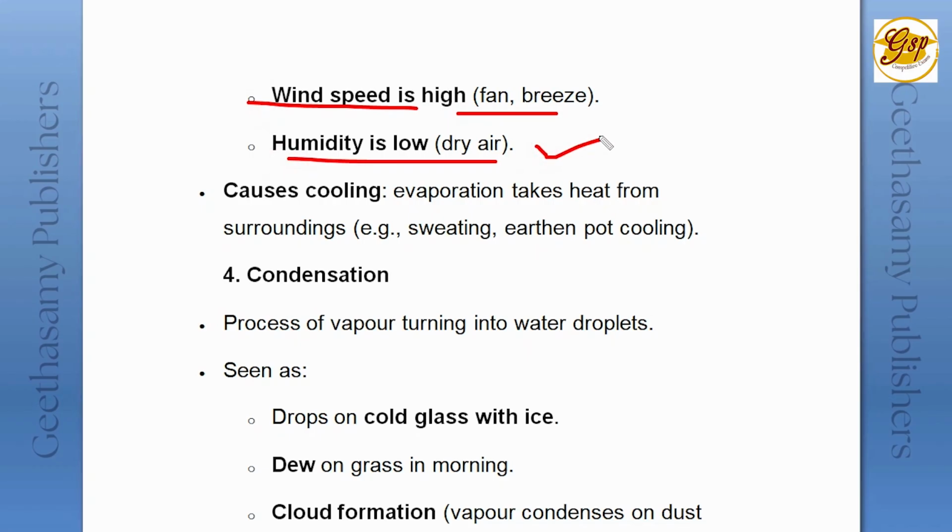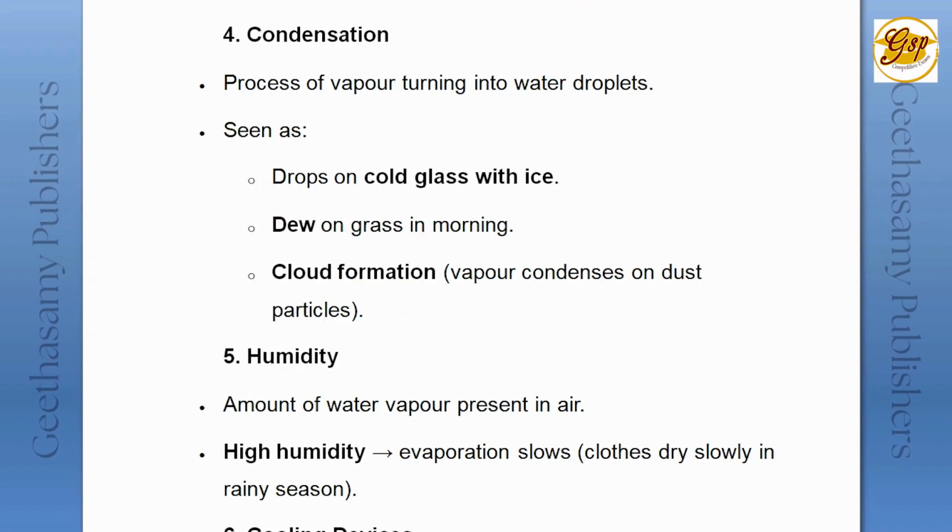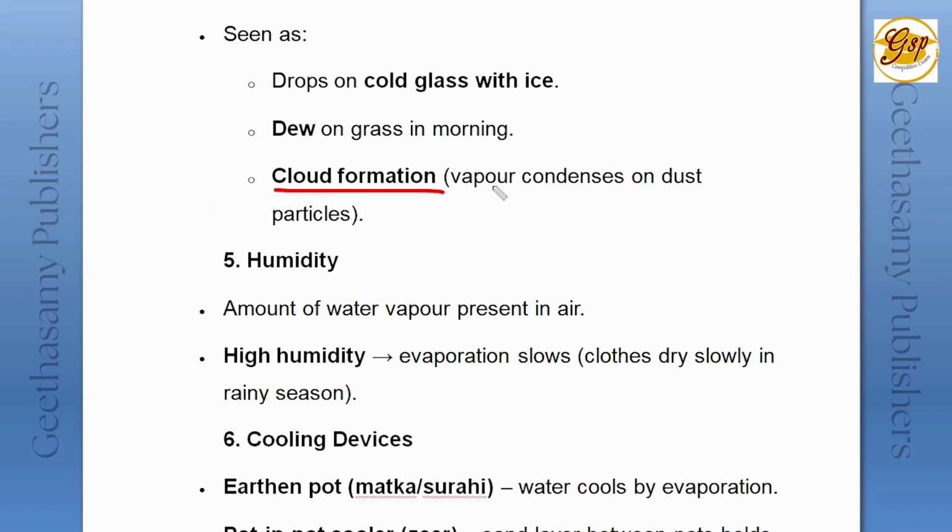Evaporation causes cooling, so it takes heat from the surroundings. Then condensation, the process of vapor turning into water droplets, seen as drops on a cold glass with ice and dew on grass in the morning, right? And cloud formation, vapor condenses around dust particles; then humidity, the amount of water vapor present in air;